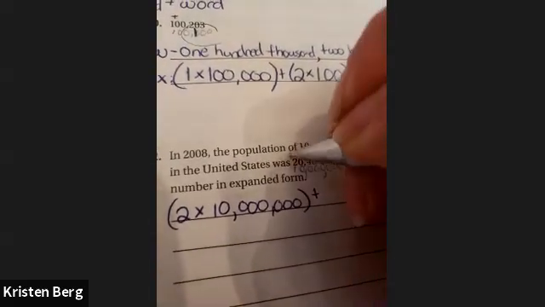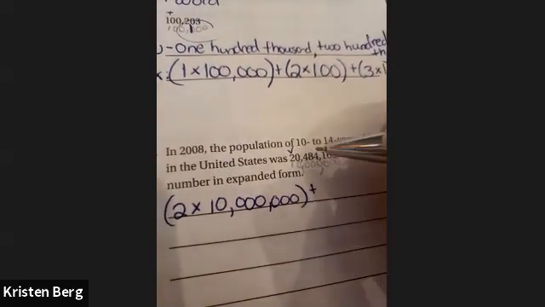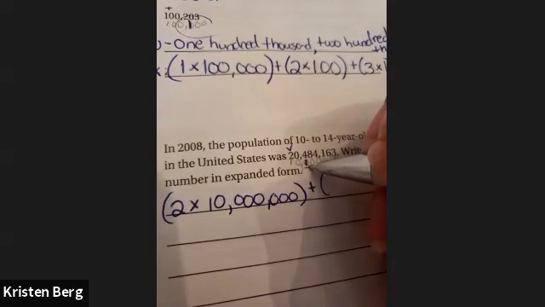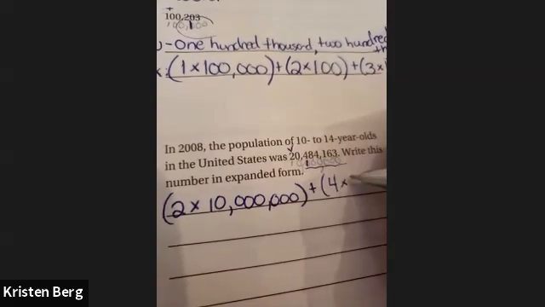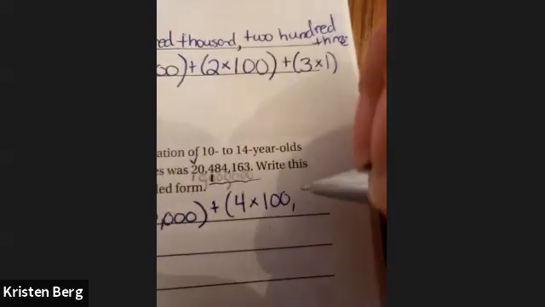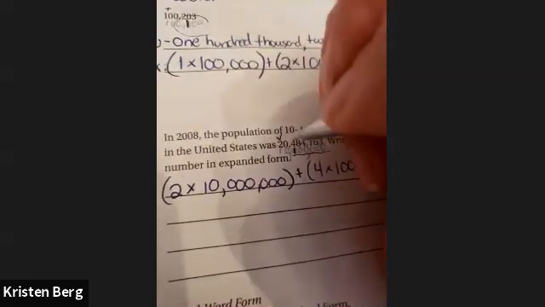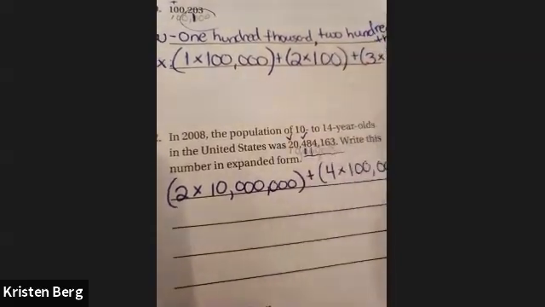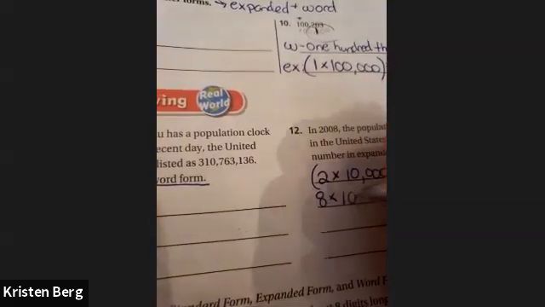Okay, and then plus, and then I always like to check it off so I know that I did it. The next one is a 0, so I don't have to write that. The next one after that is a 4, and it is in the 100,000s. So 4 times 100,000 plus, then the next digit I'm going to write is an 8 in the 10,000s now. So 8 times 10,000